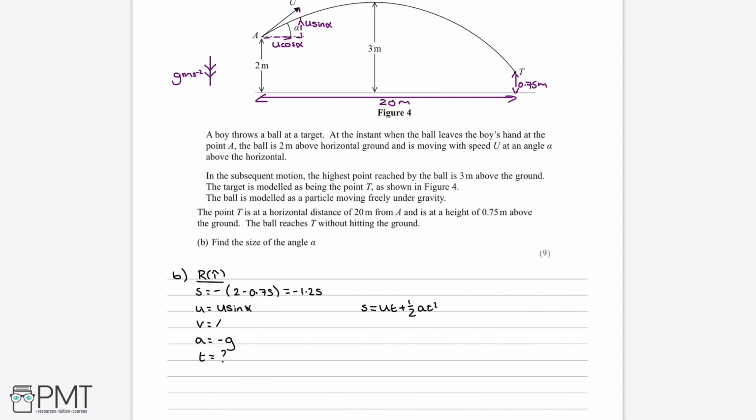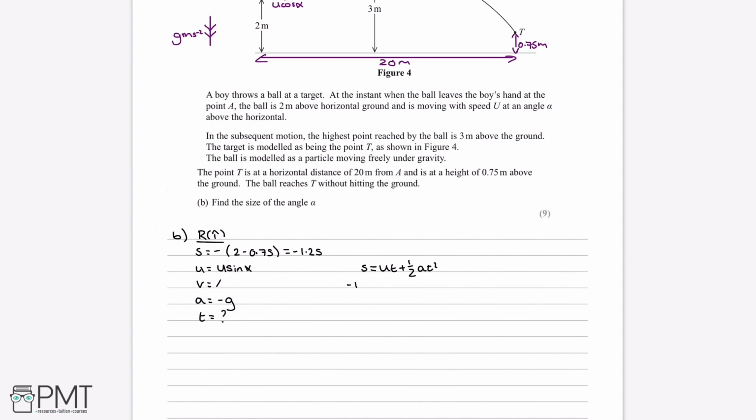So if we substitute in the terms, we are left with minus 1.25 is equal to u sine alpha multiplied by t plus a half multiplied by minus g multiplied by t squared. And so we can't do much with this now because we have so many unknown terms like u, alpha and t. But the one thing we can do is to simplify a little bit by expanding out these brackets on the end. So we're left with minus g over 2 multiplied by t squared on the end. And this is as far as we can simplify it for now,